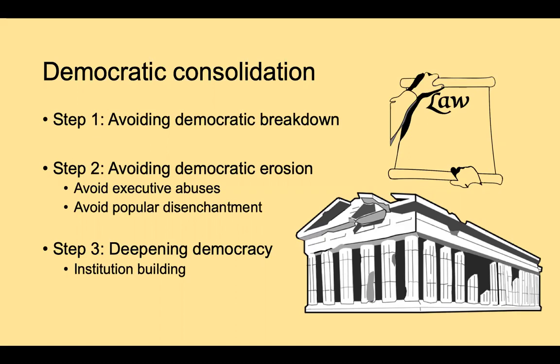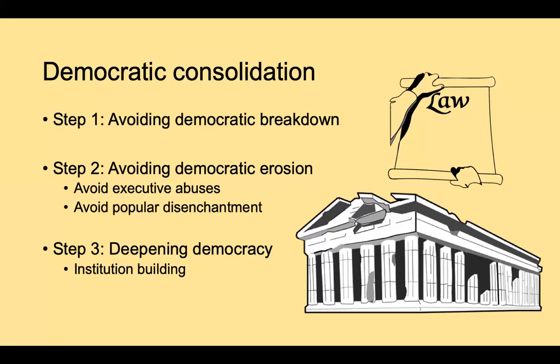And then third, deepening democracy. This is characterized by building and fortifying democratic institutions. And so strengthening competitive party systems, strengthening vertical and horizontal accountability, and extending and emboldening the franchise, and widening the radius of participation in politics and who can vote, building democratic institutions and deepening and extending those institutions. These are the steps in democratic consolidation. And this is the last phase in this three-step process.